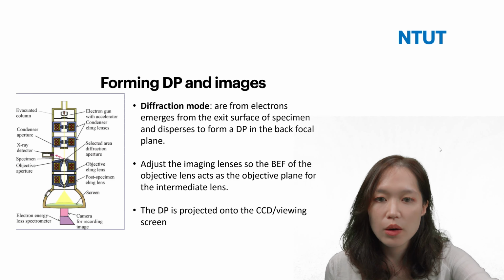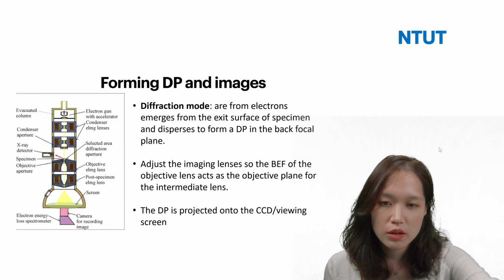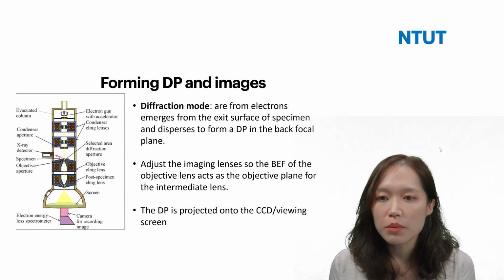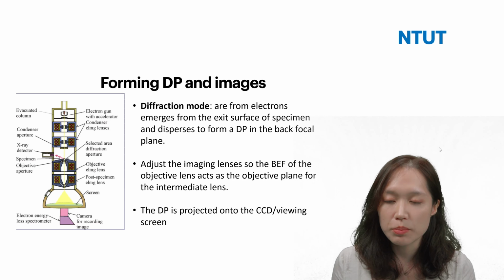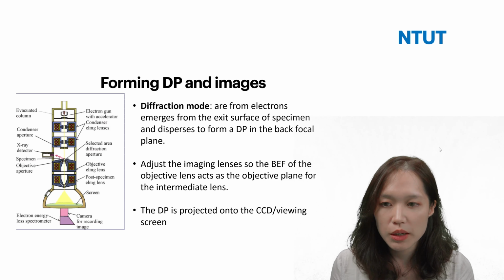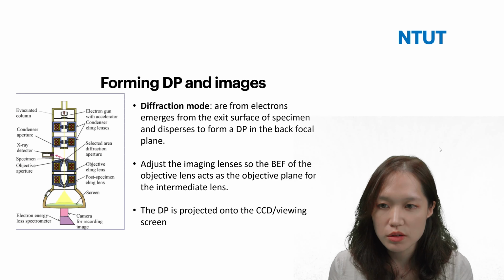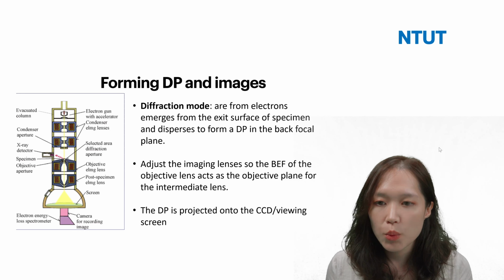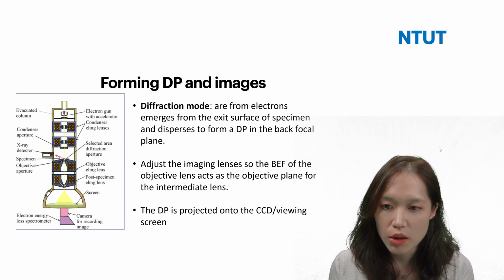Right, so let's talk about how we get the diffraction pattern. So those dots. On the left, you can see the basic outline of what a TEM column looks like. From the outside, you can just see a long straight column, but inside it is very busy. There is the electron gun with the accelerator at the top, as we have mentioned also in SEM. And then we have the condenser lenses all the way through, and then the objective lenses at the bottom.